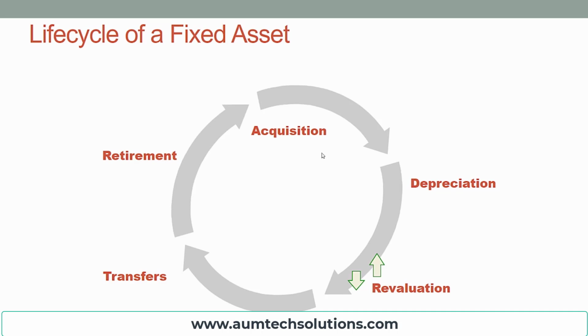The next aspect of the asset life cycle is transfers. Transfer of the asset can happen within the company code or outside the company code. Within the company code, let's say the asset is in cost center 1000 and has to be moved to another cost center 2000. That's an intracompany transfer. We will move the asset from one cost center to another cost center in SAP. Another possibility is that this company sells the asset to another company code. That's called an intercompany asset transfer.